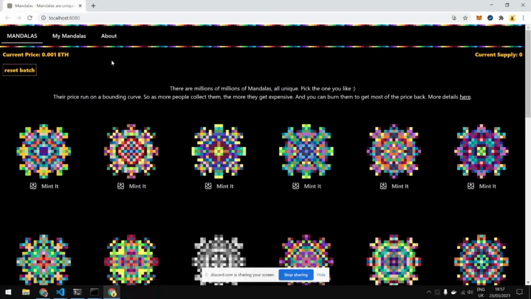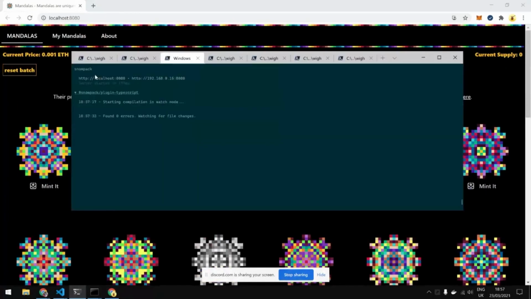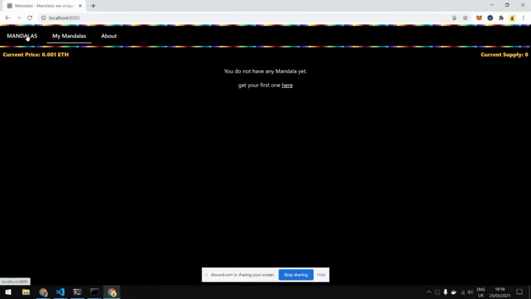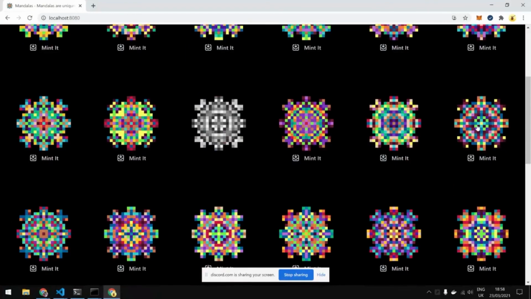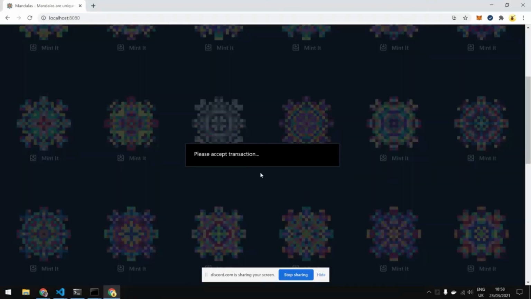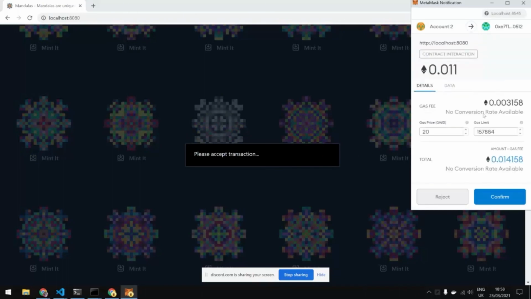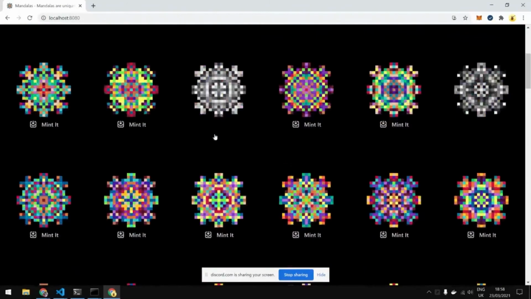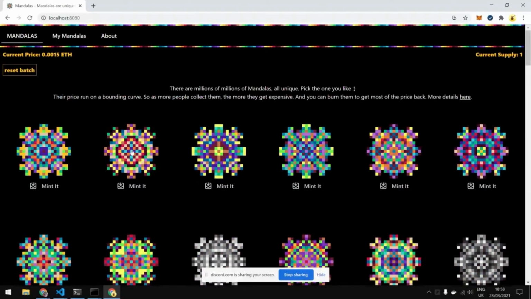So here it's basically the project I built over the weekend, and I wanted to showcase what happened. For example, I can check, so I don't have anything now. I can buy whatever mandala, they are basically generated from Solidity itself, and let's say this one is scrolled very fast, as you can see, and all these images are generated from Solidity. So I use the token URI from the ERC-721 standard to then display the image.